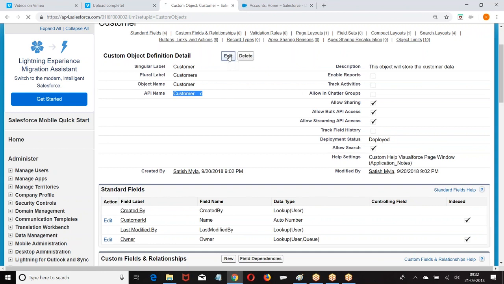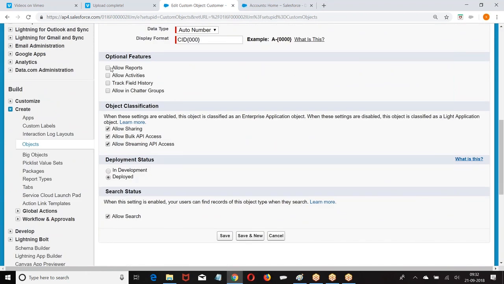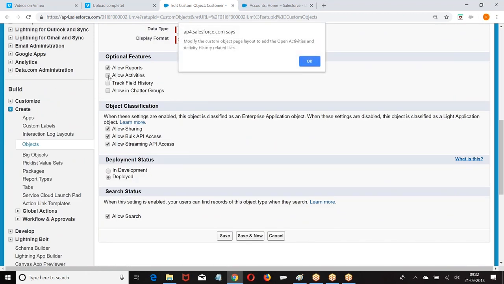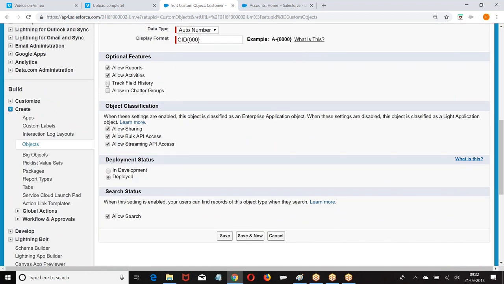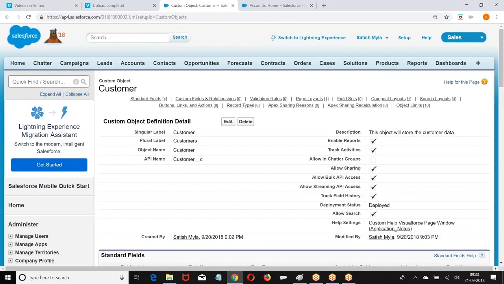Now click on edit. Everything we are able to see. If you want, you can enable this again, or you can delete this. It's your choice. But the last two options are not visible because they are only one-time creation options. I hope you followed. Once again, we'll do the process again. Now I'll do the same repetition in Lightning.